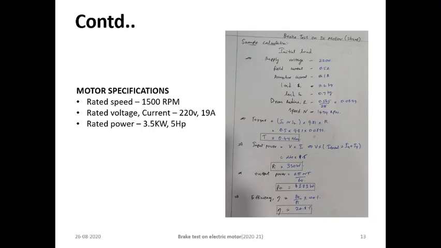And if you could see the sample calculation on the right part, I did some normal basic calculation of finding the efficiency. If you could see here, the total current, I told that for calculating the input power we use voltage into current. For the current we use the total current. The total current is nothing but the armature current and the field current.